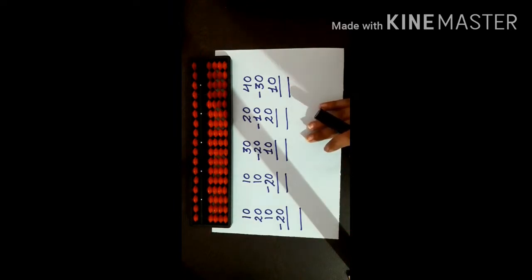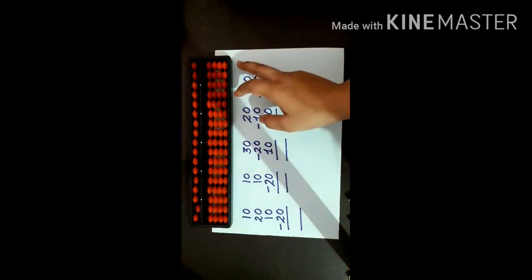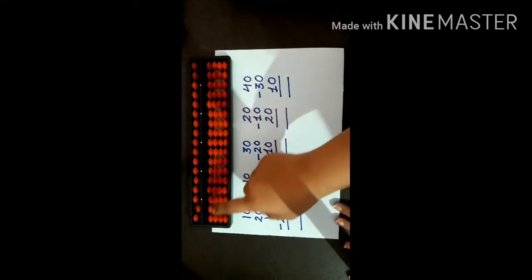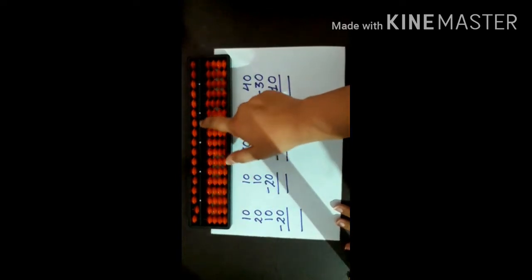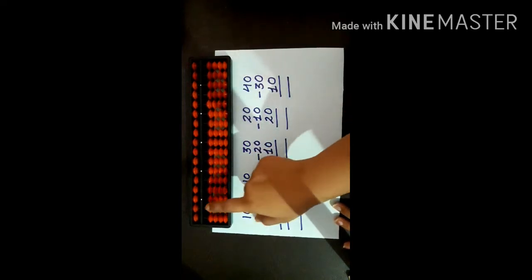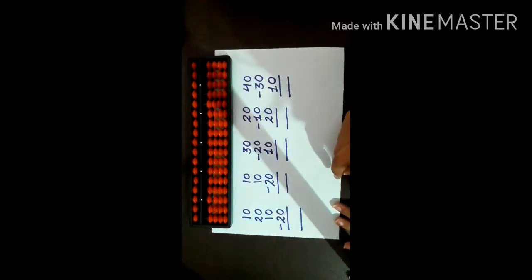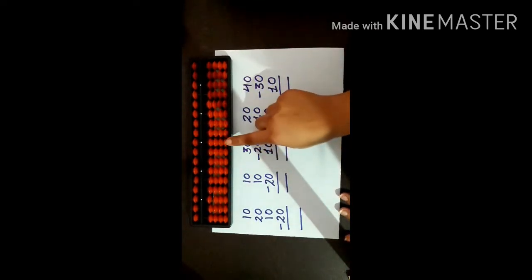Now students, as you can see in front of you, one abacus tool is there and some sums I have written on the paper. First of all, I will give you a quick idea of the previous things which we have studied before. This is the outer part of the abacus and is called the frame. These are the lower beads, these are the upper beads, this is the beam of the abacus and these are the rods. Can you see 5 dots on the abacus tool? 1, 2, 3, 4, 5. Now where is the mid dot? Here. This is the mid dot.